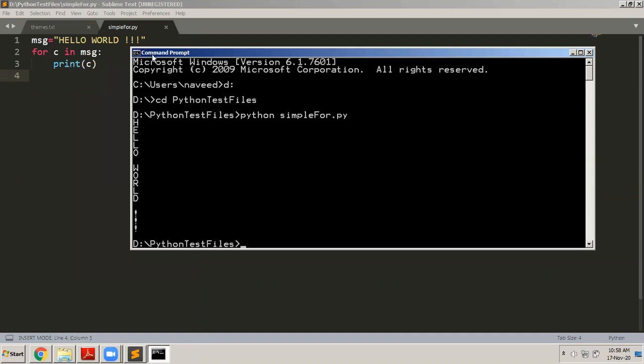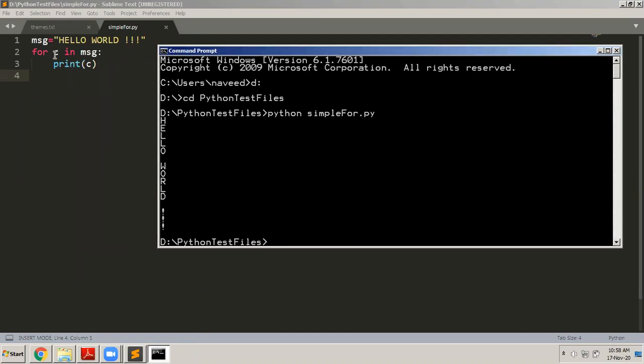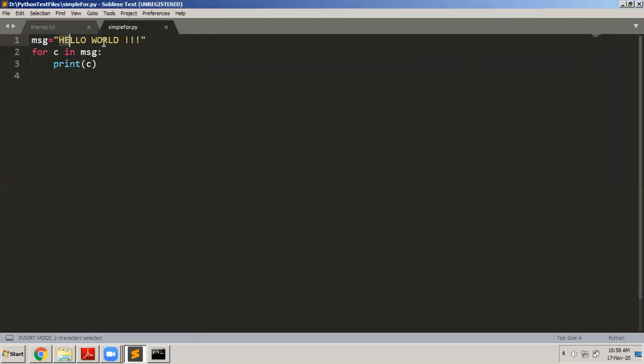So what you saw as the output is this: I have a string variable here called message, and I iterate through all the characters of the string. So I take for C in MSG. What is MSG? MSG is the string variable. So if I iterate for C in MSG, this is the body of the for loop. There is only one thing in the for loop: print C. What is this C? C is a variable, and what will come into C in the first iteration of the loop? The first character of the string will come.